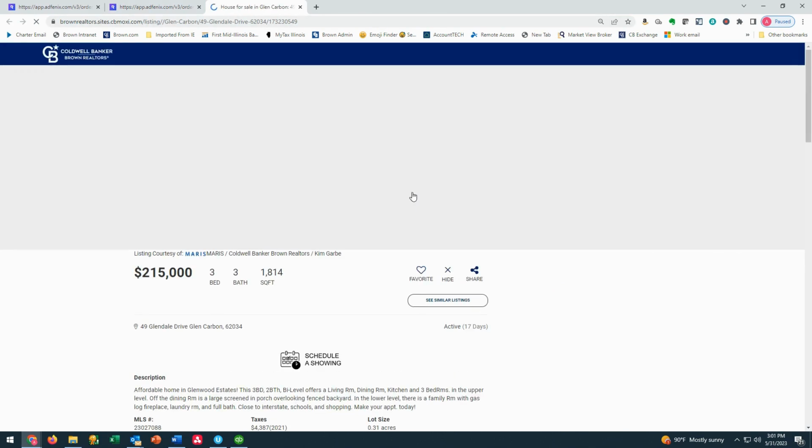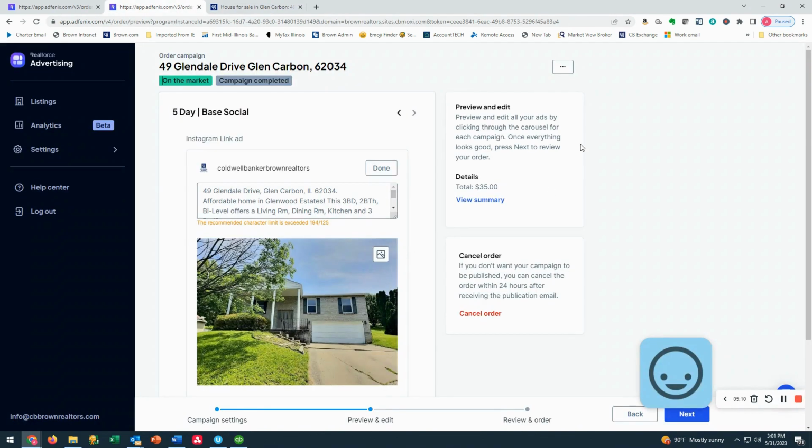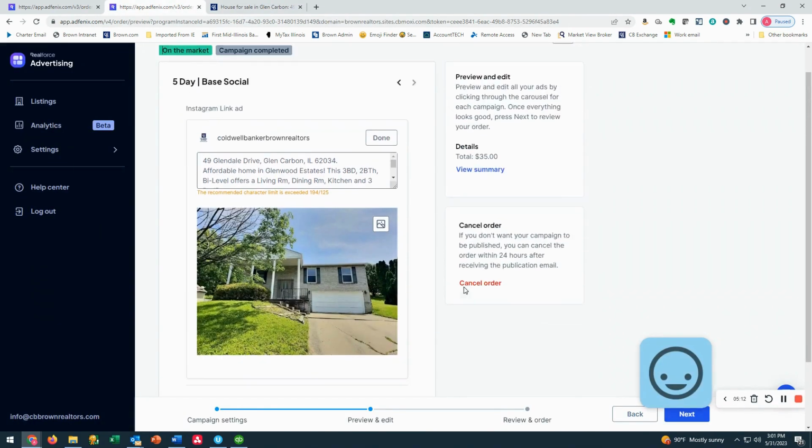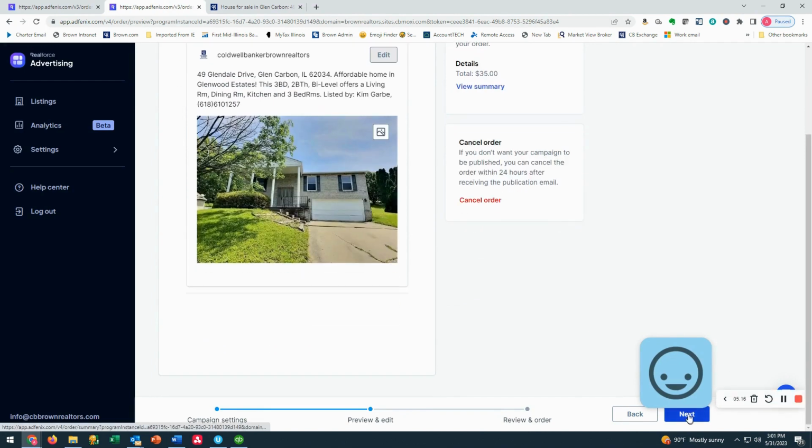So if you click there, it's going to open where that ad is going to direct the client to. And as you can see, it's going to take them directly to that property on brownrealtors.com. Okay. Then once you have done that, made your changes and saved both of those, you can then go to